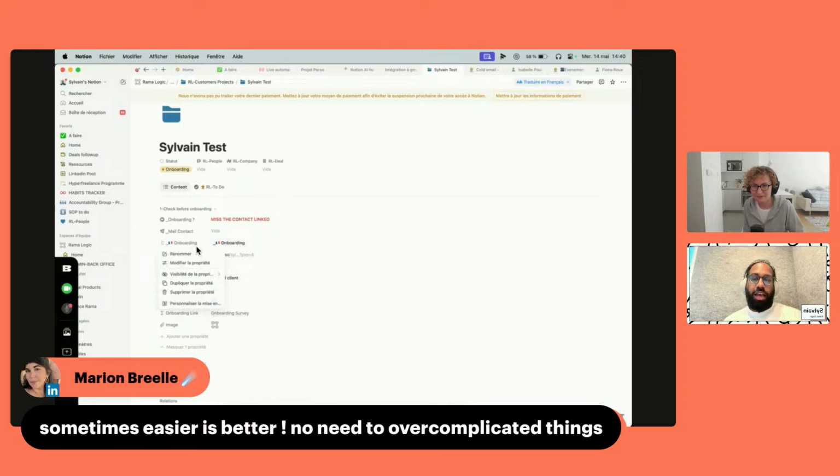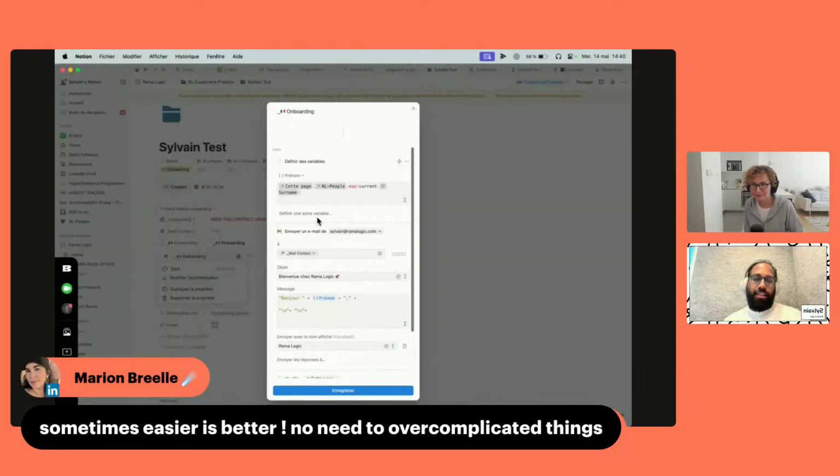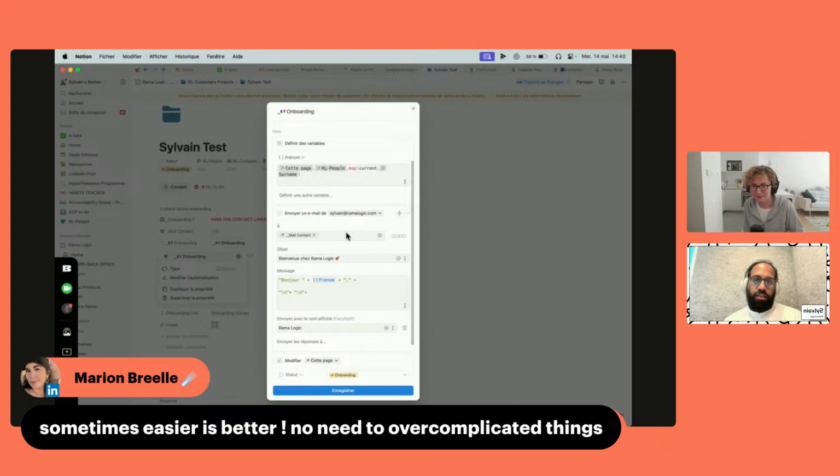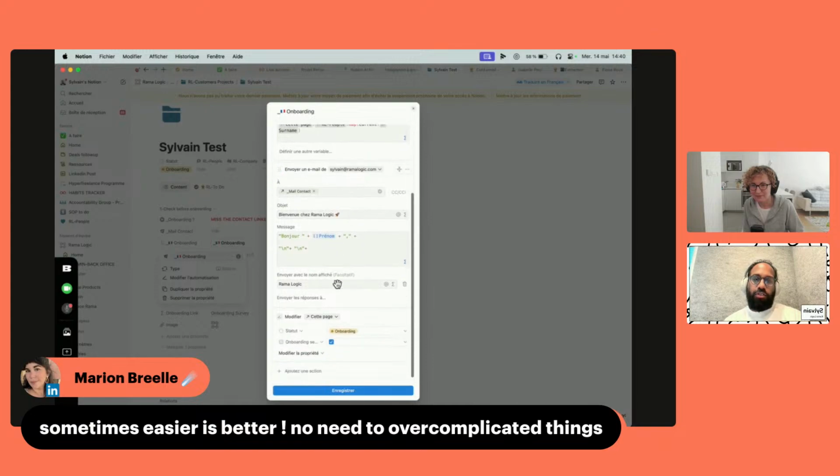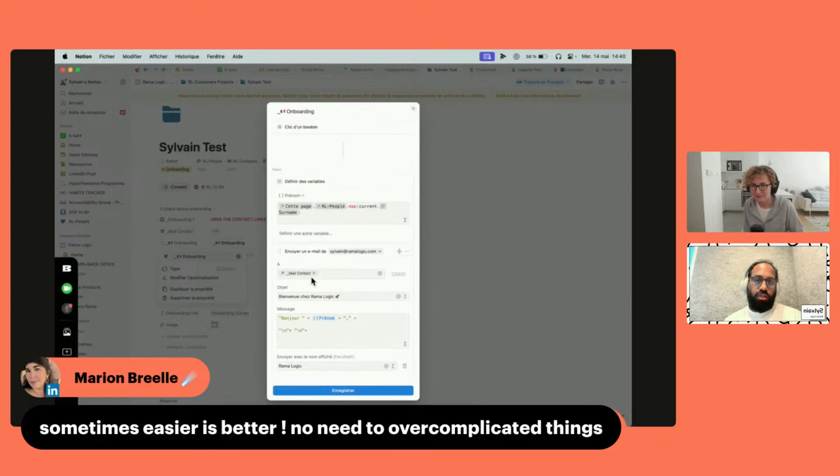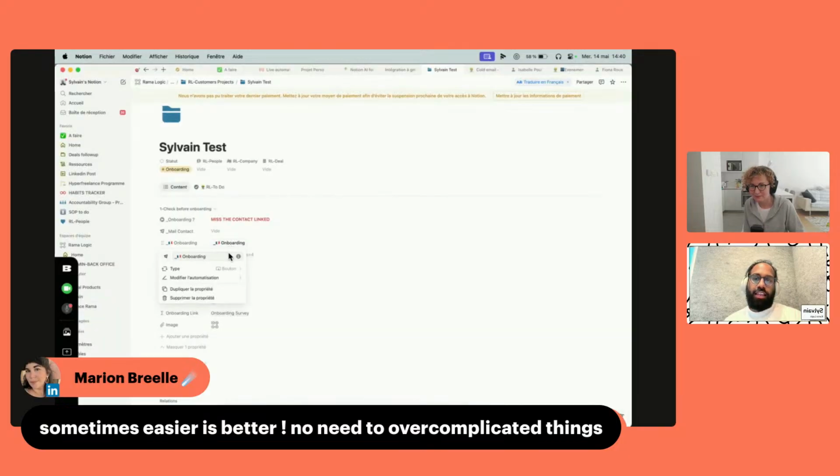So for me, I have a specific onboarding. I have all the information, and I can send the onboarding link directly to this customer, with the mail contact. I just need to click on this button and it will send my onboarding mail with a link with the survey and everything.